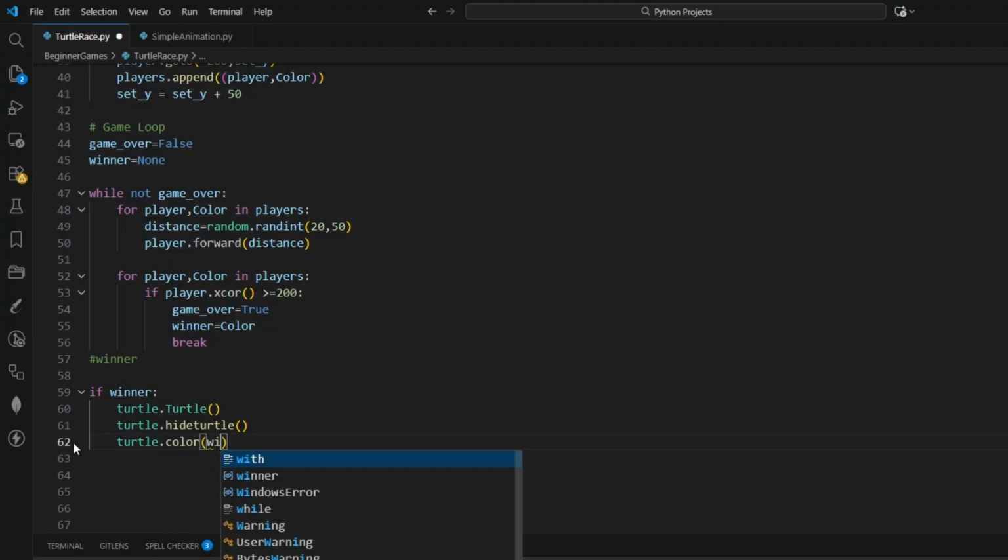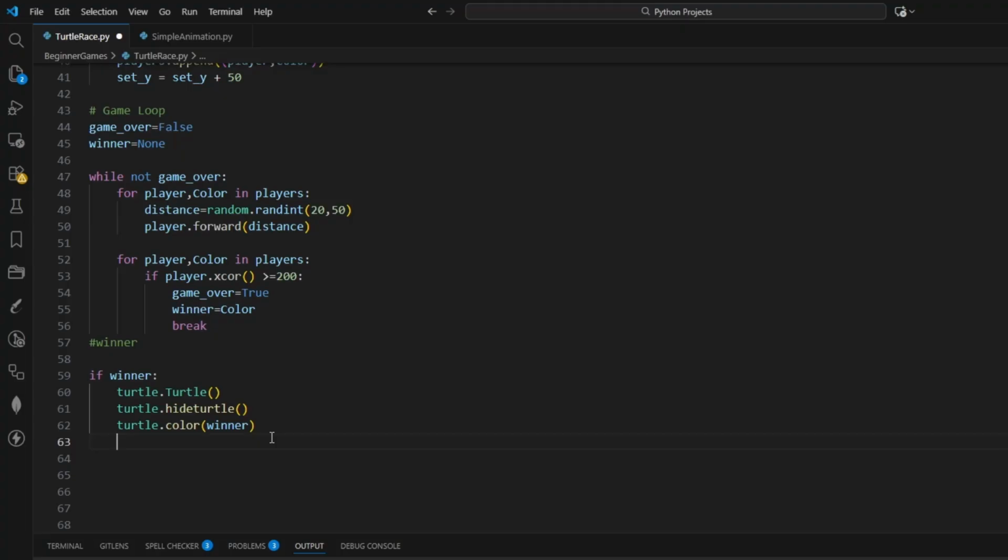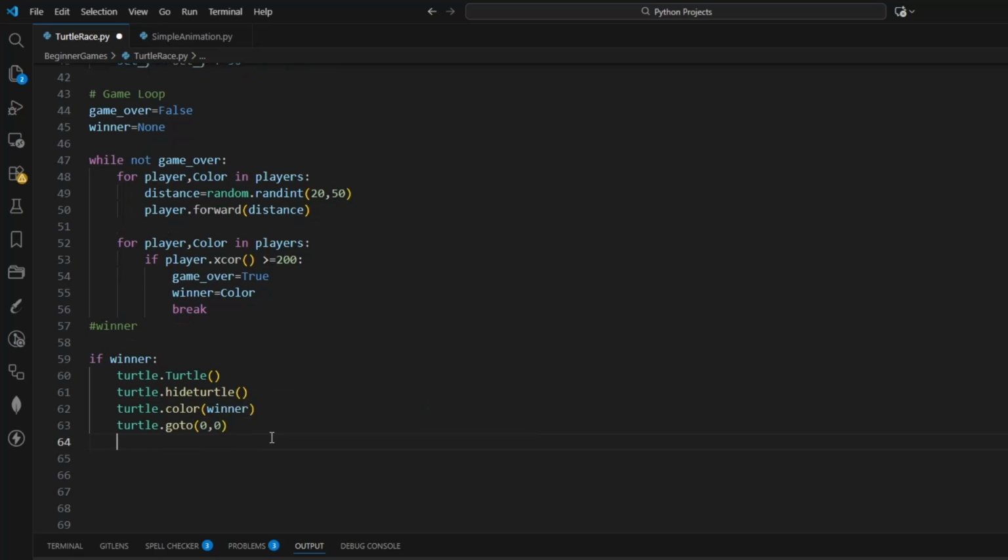I'll tell you again, this winner variable has now been updated with the value of the turtle's color that has won the game, right? This is basically having the winning turtle color. And then I will also make sure to set it at the center. So let's see, the go to followed by 0, 0,